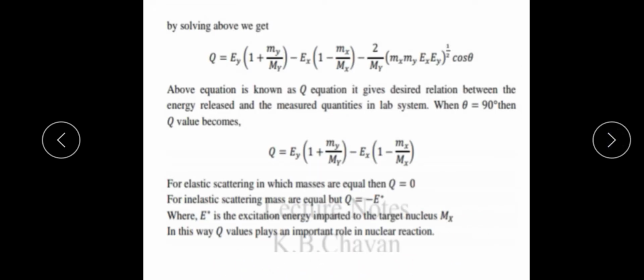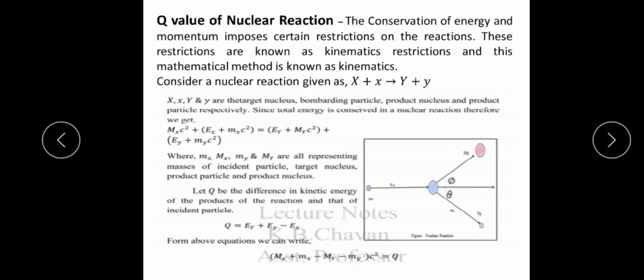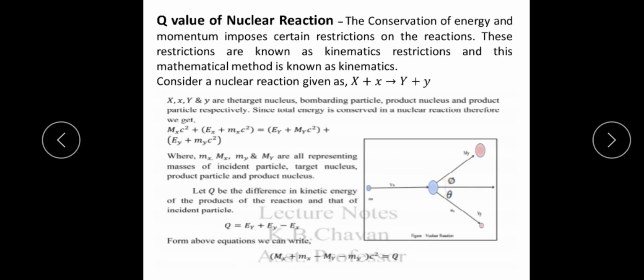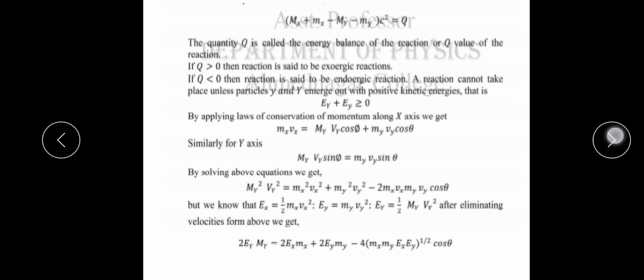Now, solving the above equation means, actually what is our Q value? Our Q value is nothing but the E capital Y plus E small y minus Ex. Means first we have to find capital Ey plus E small y. Now, from this equation, we are going to find E capital Y, after that E small y, after that Ex, and put all these three values in the Q equation. After solving and putting values, we will get this Q value equation.